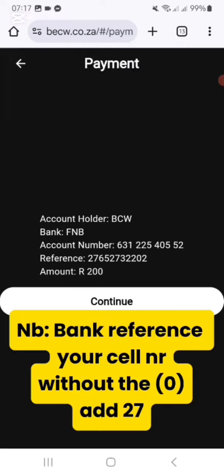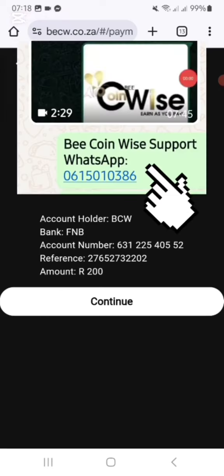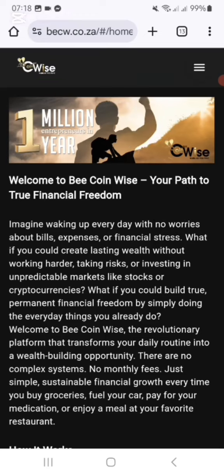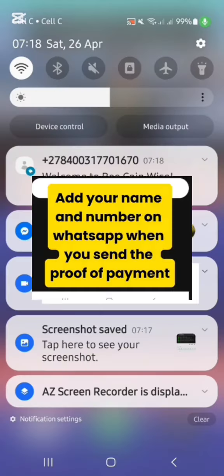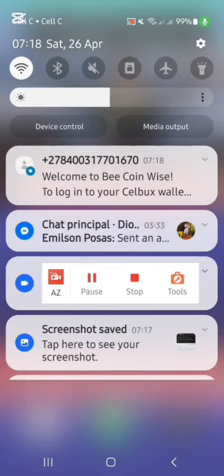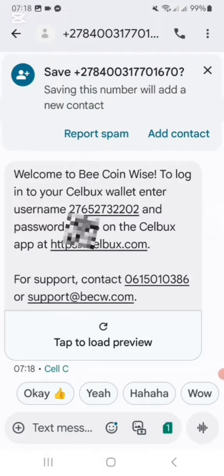You can see your reference will be your cell phone. So we're going to say continue. It says at the top, registered successfully. You're going to close the app and then you're going to see you received a message saying that you are registered. Go log into Cellbucks and it's going to give you a number. Write that number down. Cellbucks.